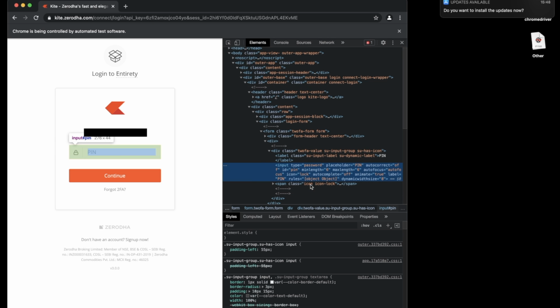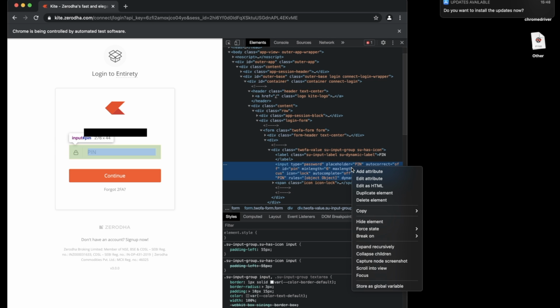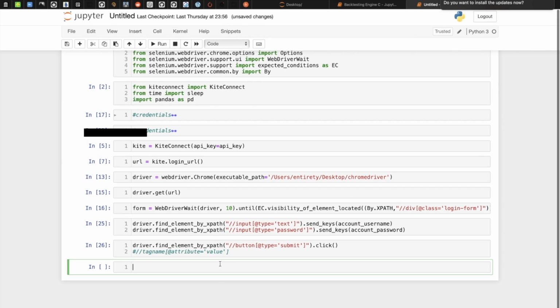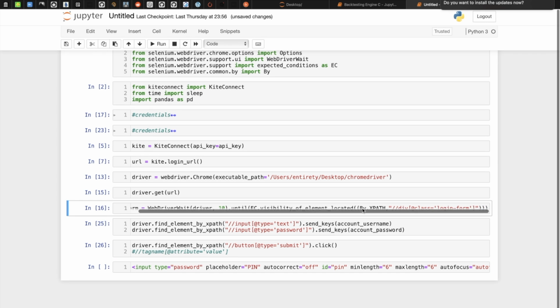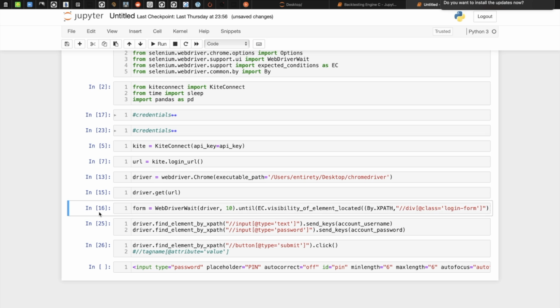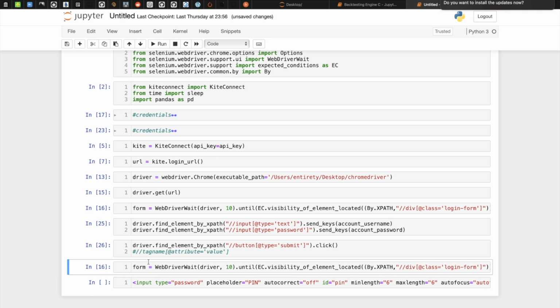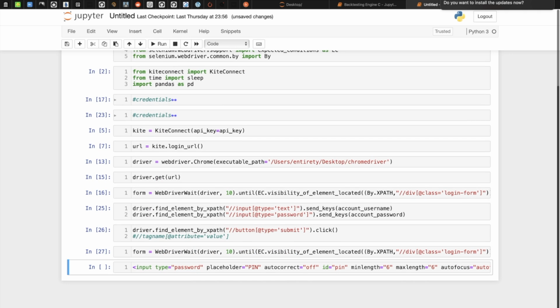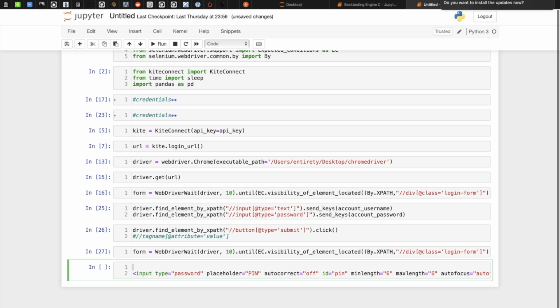Now we have got the type password placeholder PIN. So we'll simply copy this element and paste it here like that. But one thing: we did wait for that login form to appear, so we have to again wait for this login form to appear. So we'll simply repeat that step here again, and now what we'll do is simply locate that XPath with